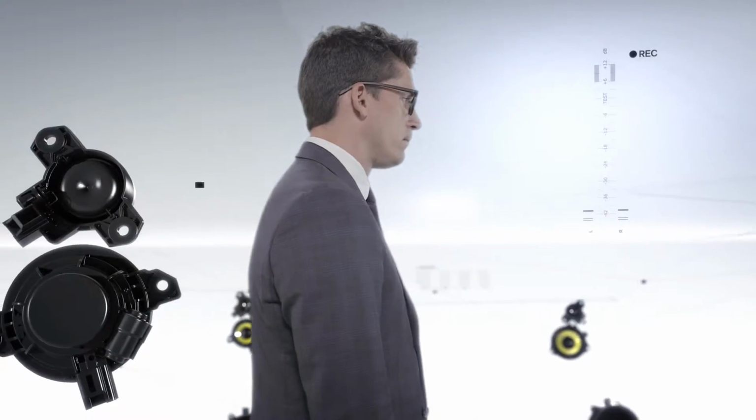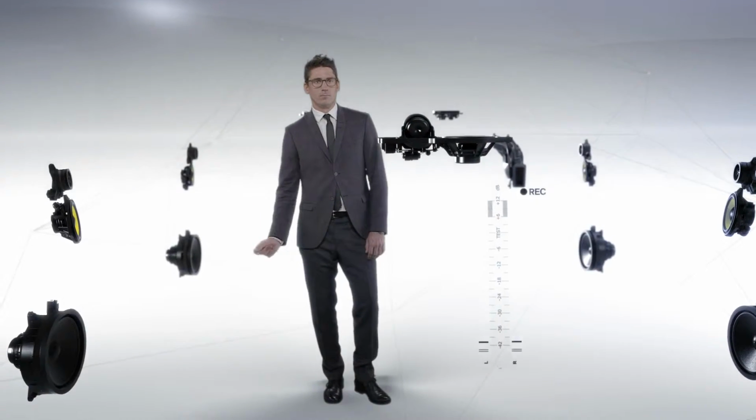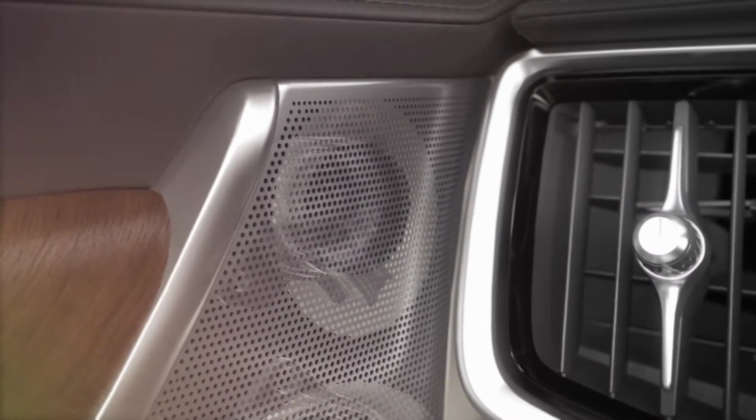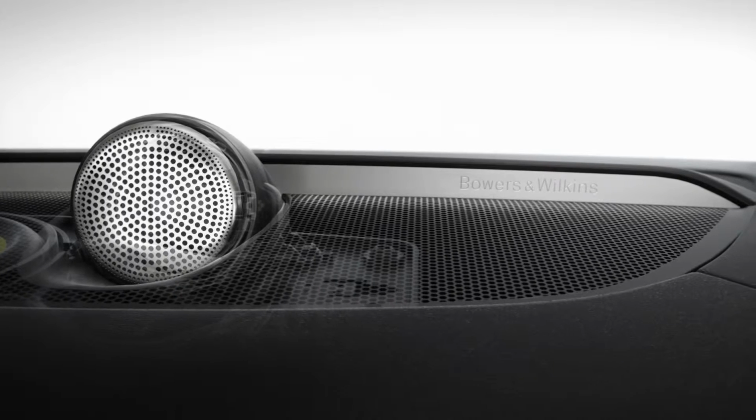Capturing sound is a science. Reproducing it faithfully is an art form, especially in a car. Top-of-the-line hardware is the basic requirement. This is why Volvo has chosen to work closely with Bowers & Wilkins, one of the most respected audio brands